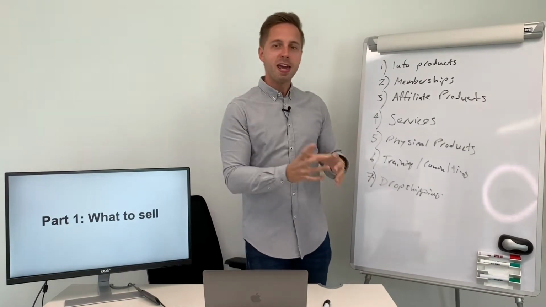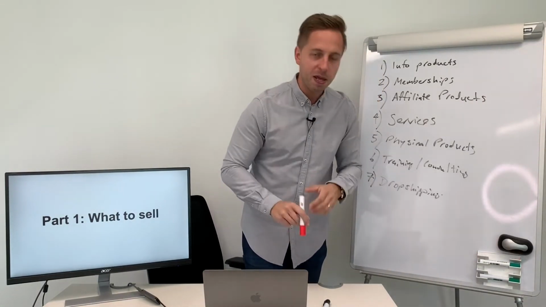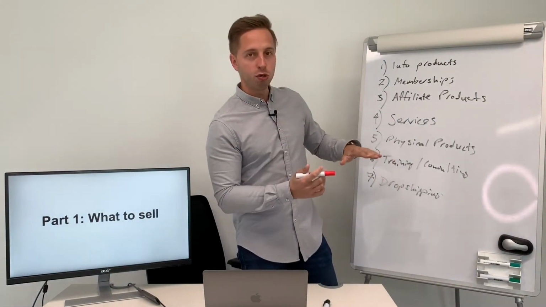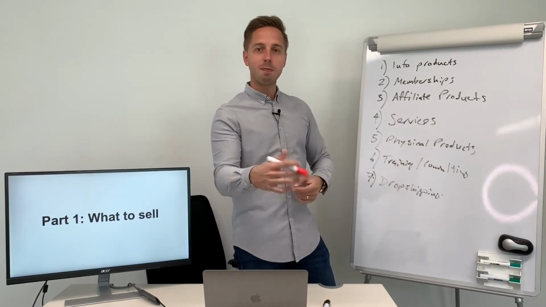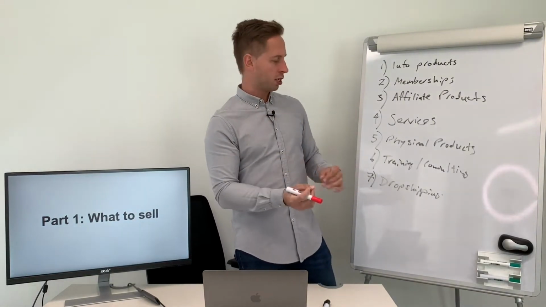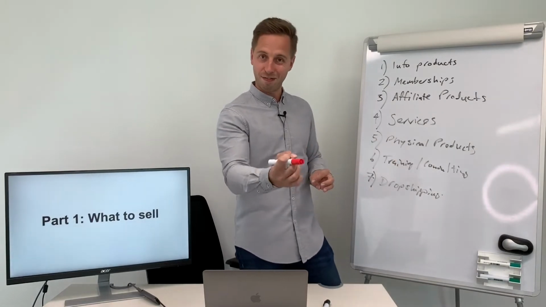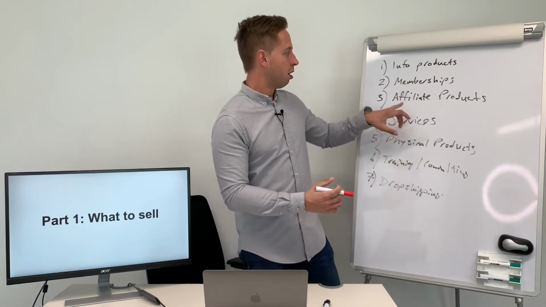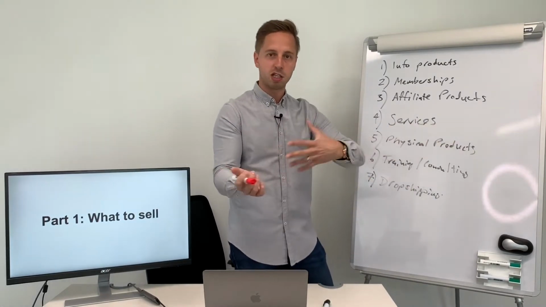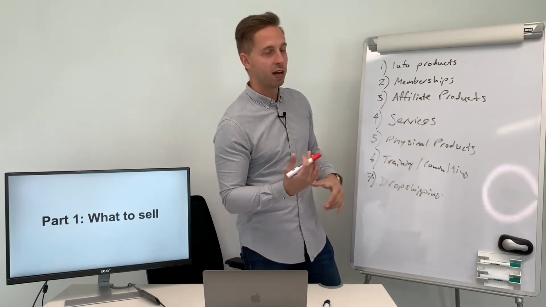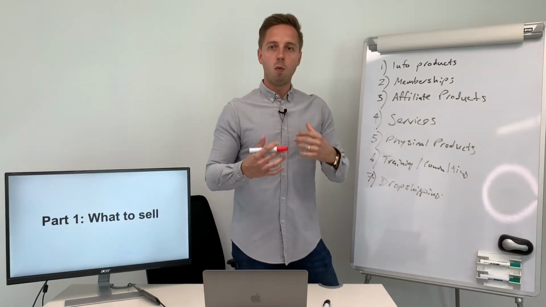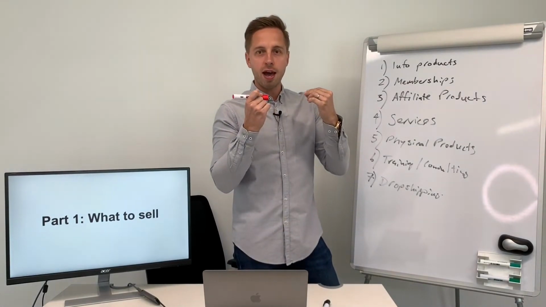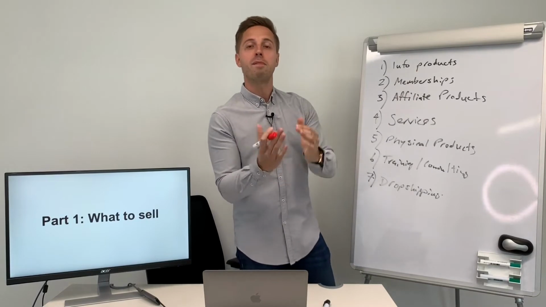And what I found, let me use the red pen, is a lot of people tend to go with what they know, okay? So if you are used to doing a little bit of selling on eBay, on Amazon, on Shopify with physical products, you would probably choose physical products as being your favorite. If you are used to doing training and consulting, that's going to be your favorite. If you are used to referring business to other people and selling other people's products, you'll probably go affiliate marketing and so on and so forth. So the point I'm making is we're always more attracted to the category that we are most familiar with.